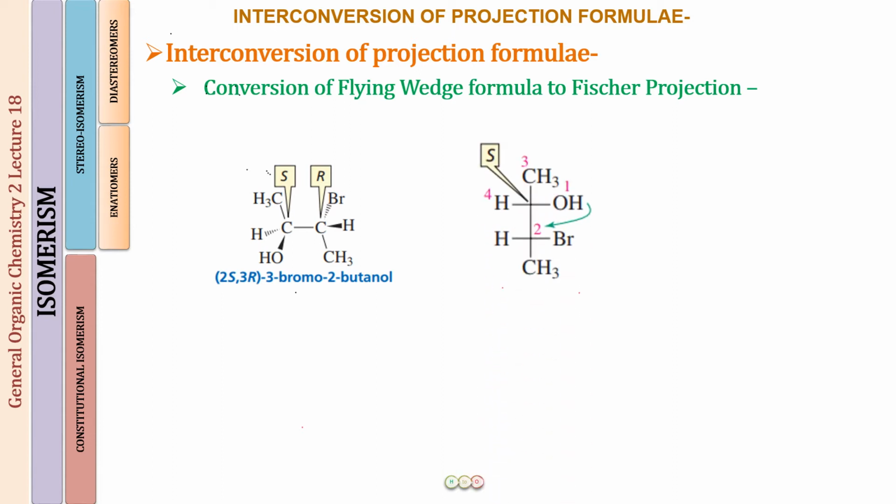First of all, what we are going to do is draw a vertical line with these 4 groups on that vertical line. The ones which were in the plane of paper, we will draw on the vertical line. So we start with the CH3 group, which is going to be carbon number 1 for this molecule. Then we go to C2, then C3, and then this is C4, which we have drawn by a vertical line.